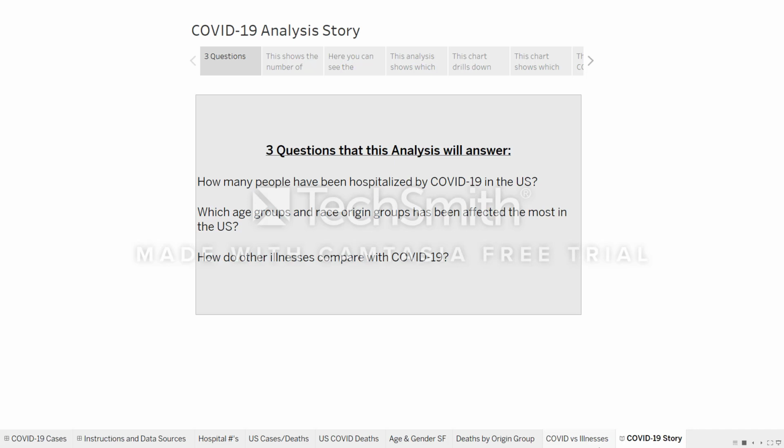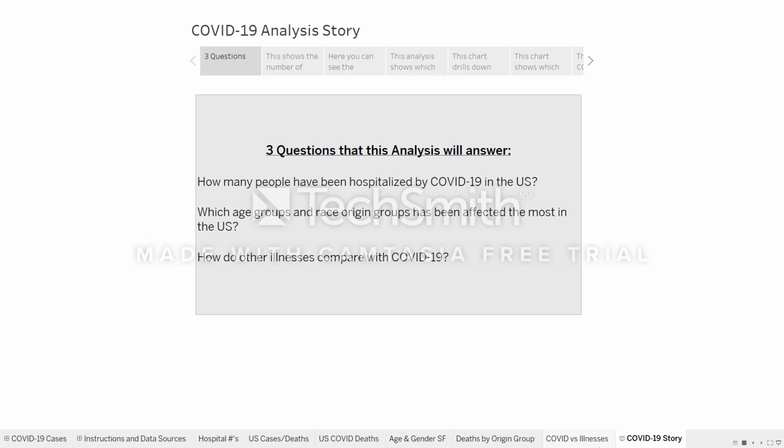That being said, the main topic that I'm interested in analyzing is which types of people, by gender, age, and race, have been affected the most by the COVID-19 virus in the US. I know this is a pandemic, is worldwide, however, for data constriction-wise, I just chose to analyze the US.